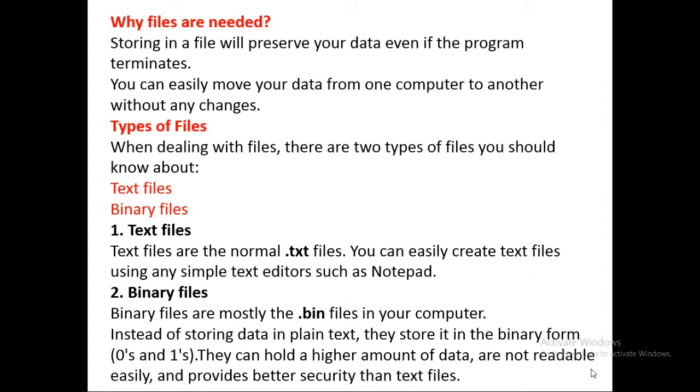These binary files will be stored as .bin files. It means that the file extension is .bin. The basic difference is that when using a text file, the information is stored as plain text. But when you are saving a .bin file, the total text will be converted into zeros and ones. So it is purely an unreadable format.